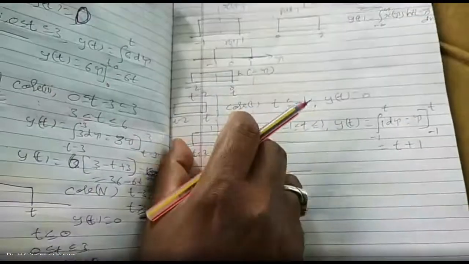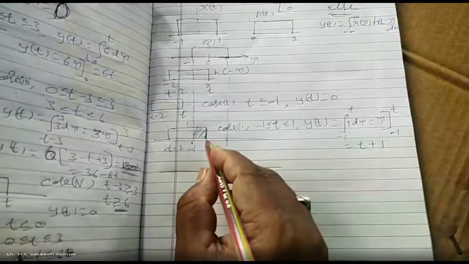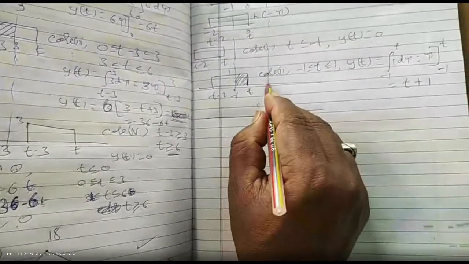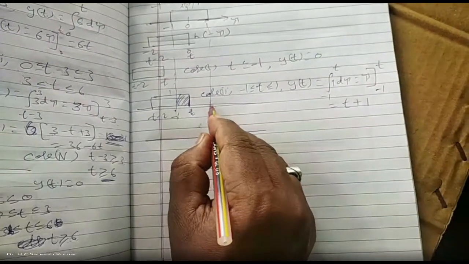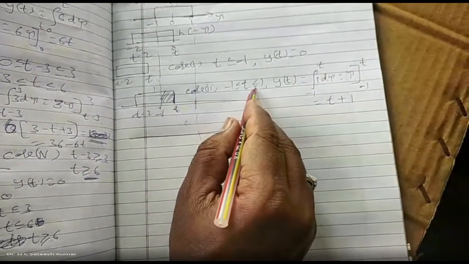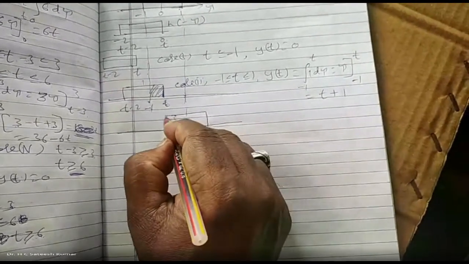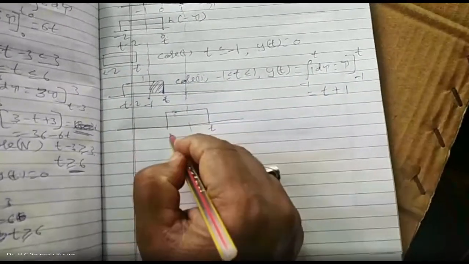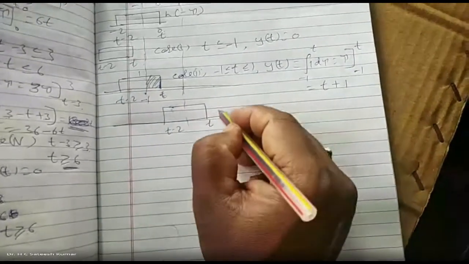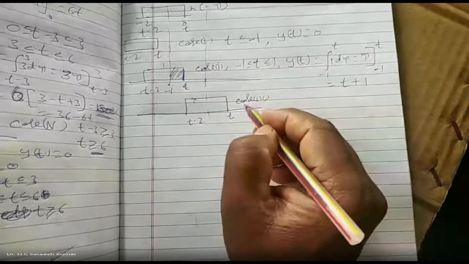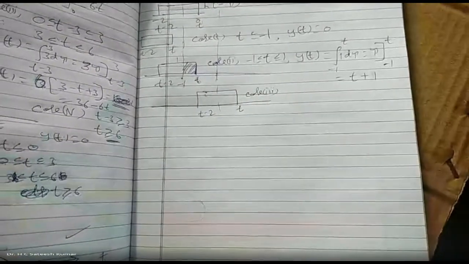Therefore, complete overlapping will be there in the second case. So now what do we have? Case number 3. Up to this point, it will be overlapped. Now we have shifted already up to 1. When you move away from 1, what will happen? It will be like this. This is t minus 2. Case 3.